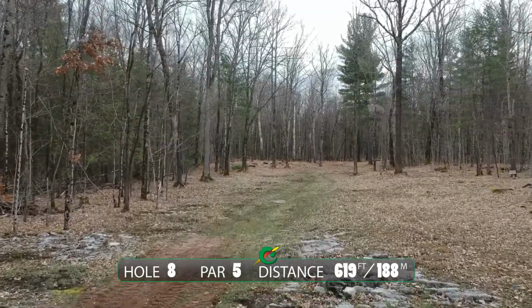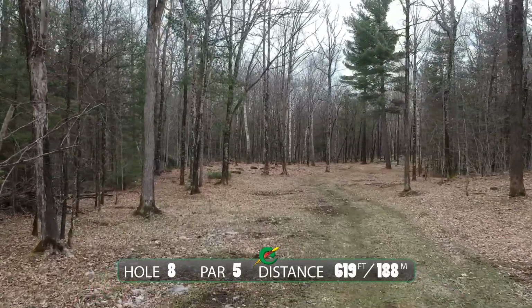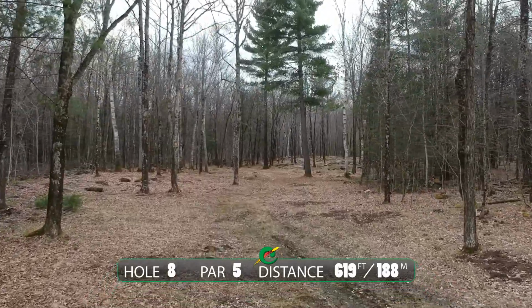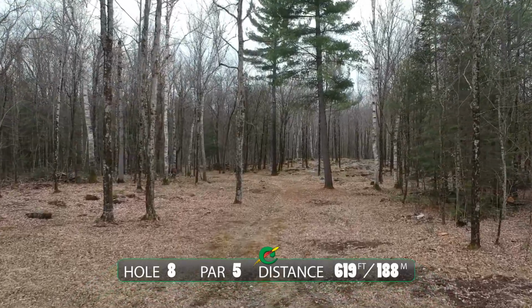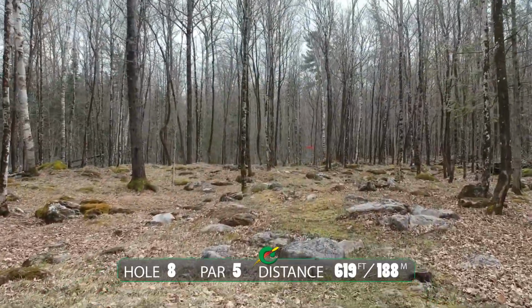So here we have hole 8. It's a par 5, 619 feet. Again, this hole is all about placement off the tee. You'll want to throw a bit of a turnover shot, or a backhand turnover shot, or a forehand, landing yourself just past these trees in the middle of the screen here, leaving yourself with a backhand hyzer approach to the